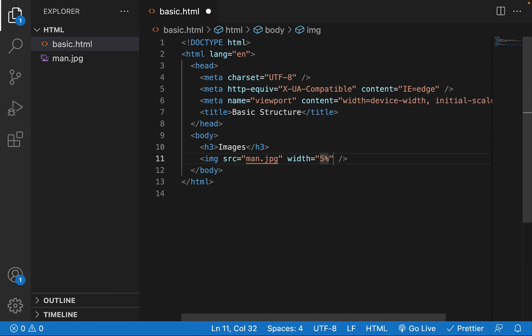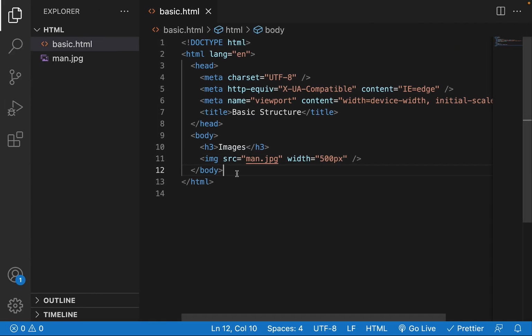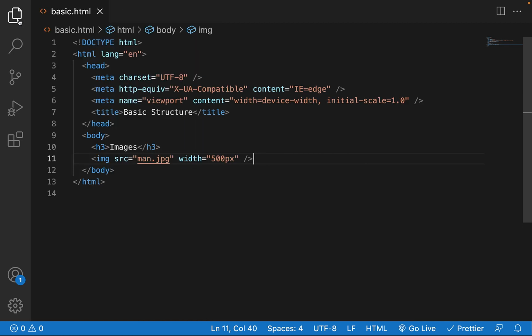Px is actually quite different from percent. So you could say px stands for pixels. So this is going to occupy 500 pixels of this particular device. So that is the difference, right? I just want us to know the difference between this and that other one too. So now that we know the difference between sizing with percentage and px, let's just continue. We can also attach height to this particular image too. So that is how we could add an image and make use of attributes